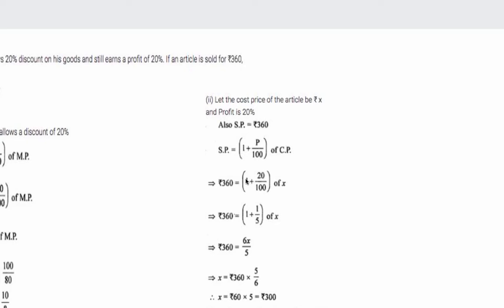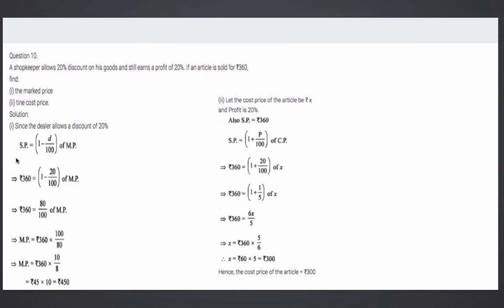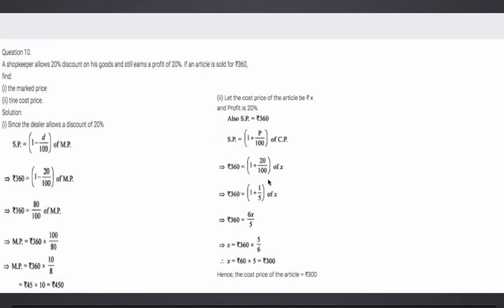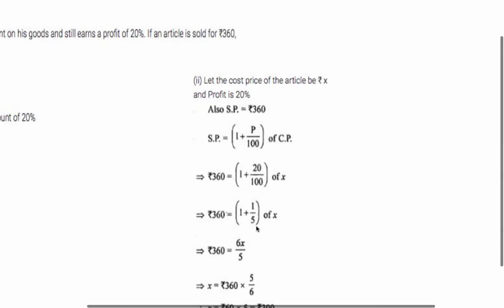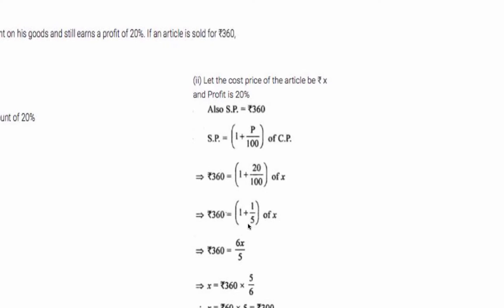So 1 plus 20 upon 100, 100 is the LCM. Or you can simplify it also. 20 upon 100 is 1 by 5. So 1 plus 1 by 5. You can do the same way. Both the ways I'm explaining, so that students, even if you have any confusion, ma'am, can we do it this way or that way? See, both are correct. You can simplify it here, or you can just take it exactly the same. When I simplify, 0, 0 cancel, 2 1s are 2, 2 5s are 10, 1 by 5 is what I get. 1 plus 1 by 5 is, 5 is the LCM, 5 plus 1, 6, 6 upon 5.